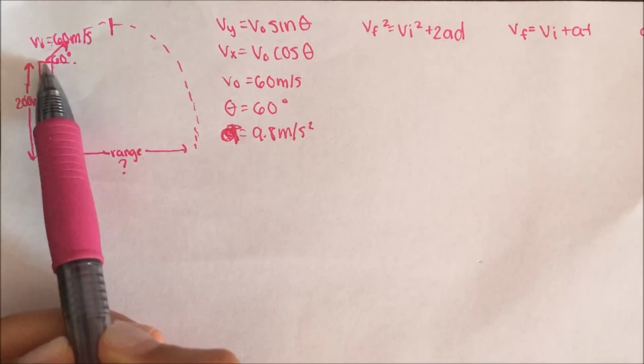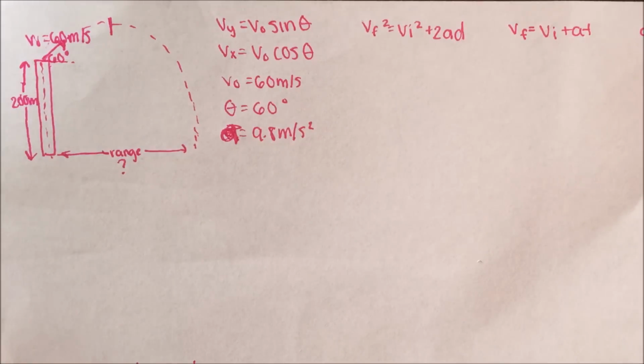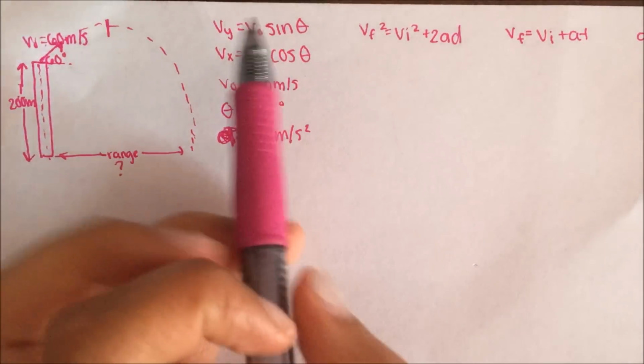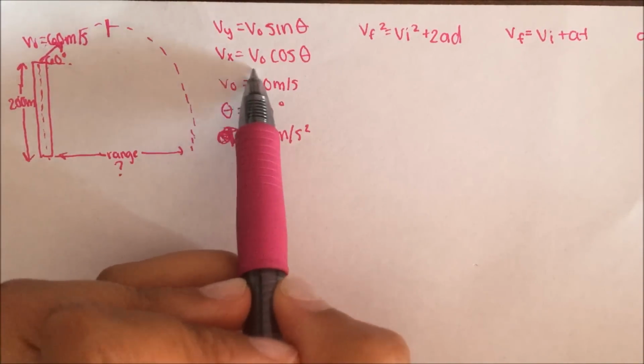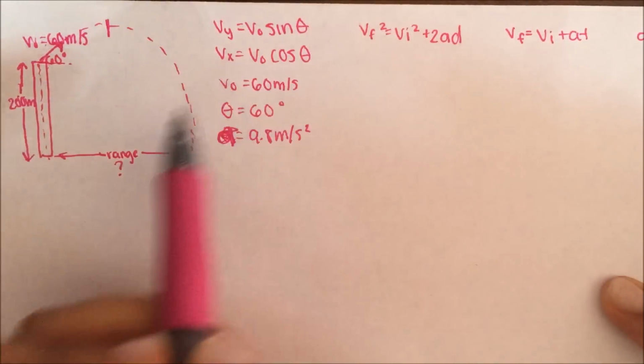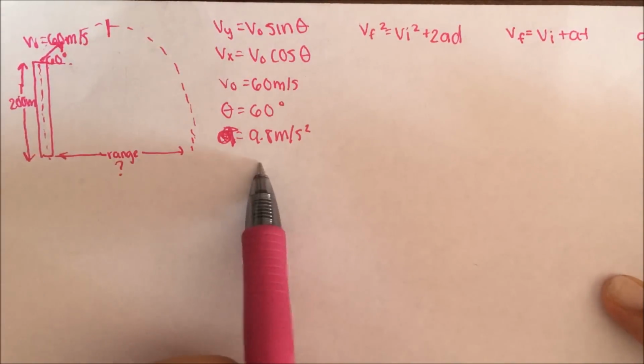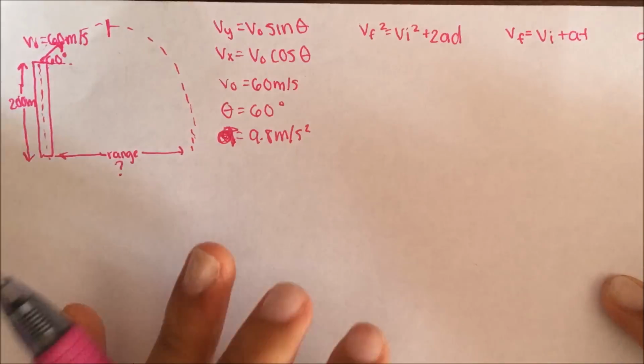second, has both an x and a y component. We have to differentiate them because one of them, the y component, is accelerating and the x component is not. So you have a constant and a changing motion. The y component is v naught sine theta, and the x component is v naught cosine theta. So to figure out this range, which is an x component sort of thing,